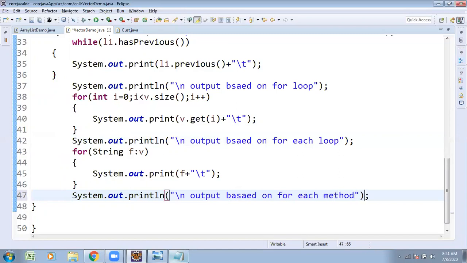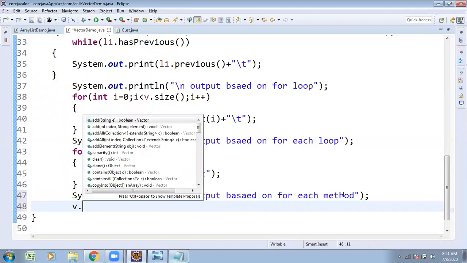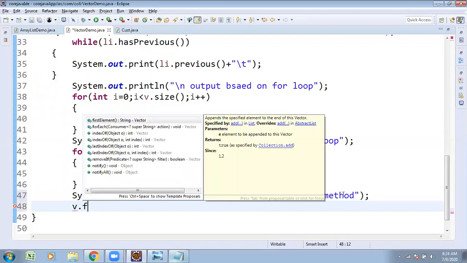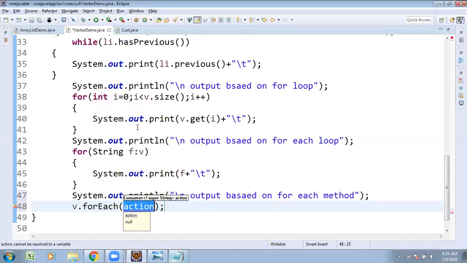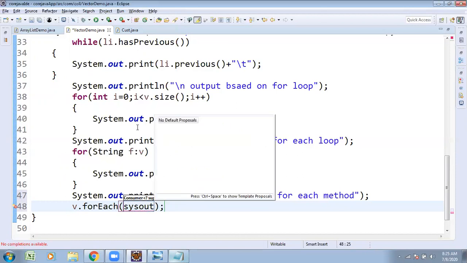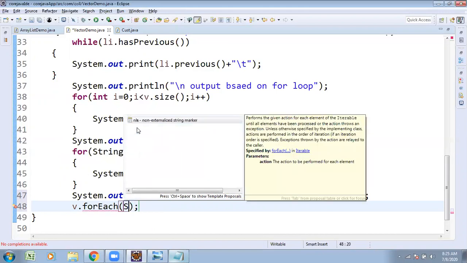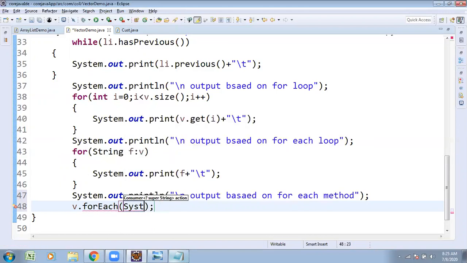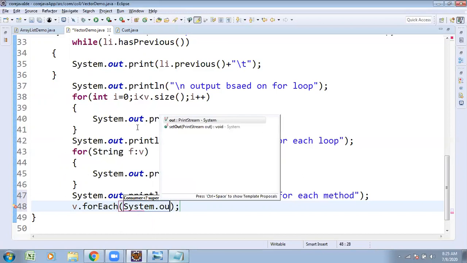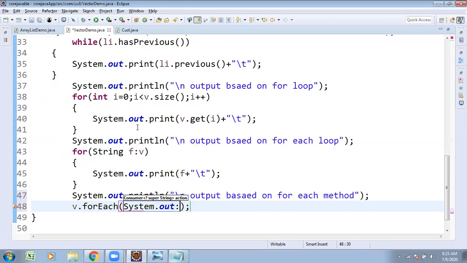For each method, try to observe v dot. What is the method name we are going to use? For each method of action. Which action do you wanted to do? Output is the action. System.out.println.